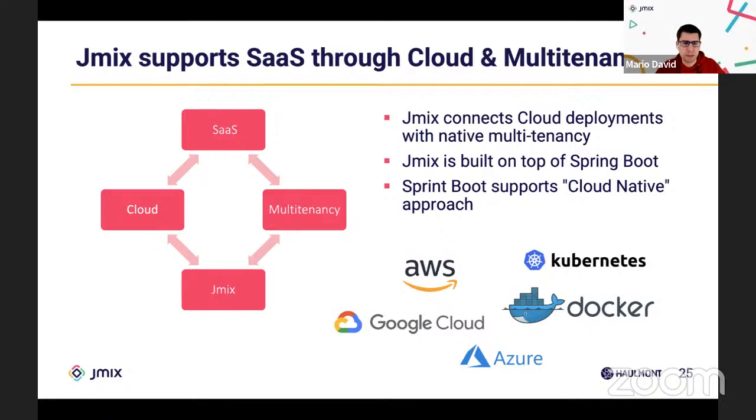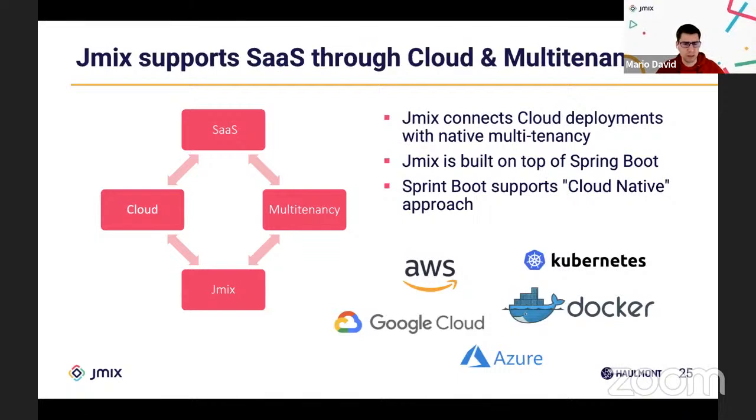And yeah, what the slide should show you is that Jmix will basically support both of those underpinnings of a proper SaaS solution. This has to do with the fact that Jmix is built on top of Spring Boot, which is by definition very optimized for running in the cloud. It has capabilities to run on Kubernetes and Docker, and all the major cloud vendors are